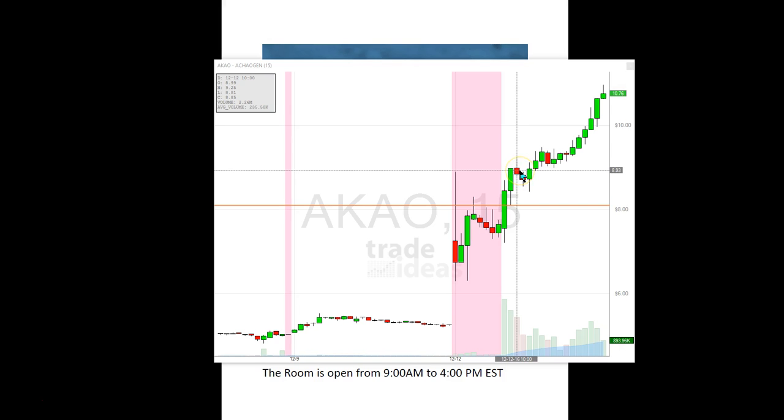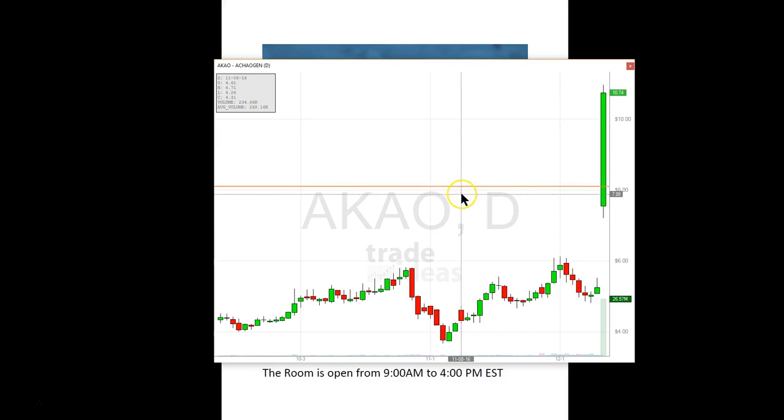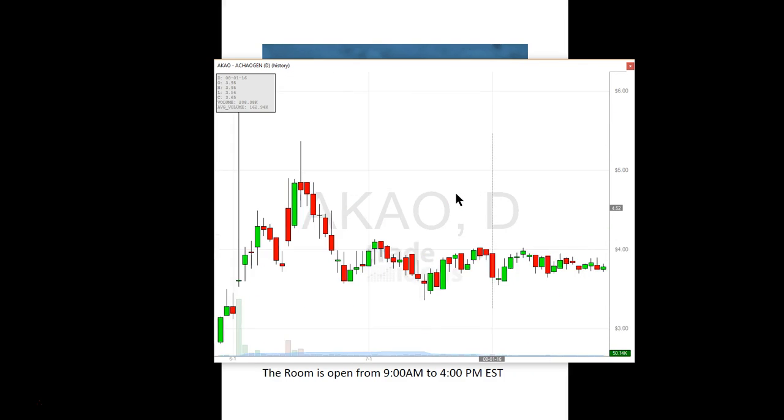And I think at 9:05 I got out some, and then it pulled back. A lot of us thought, well, maybe it's over. But look at this. Look at this beautiful rise on this one. Now, this is one that I'll definitely be watching going forward. Take a look at the daily on it. I think if we back it out, there's probably no resistance,